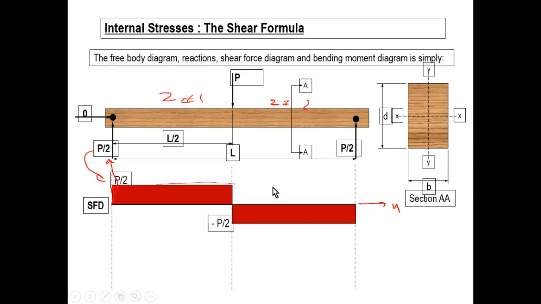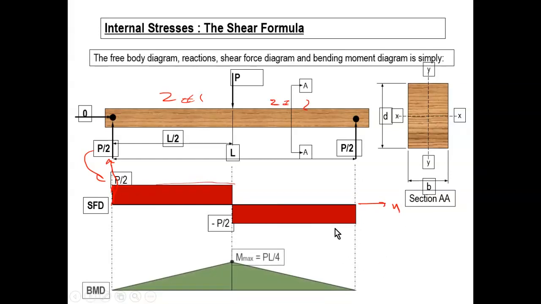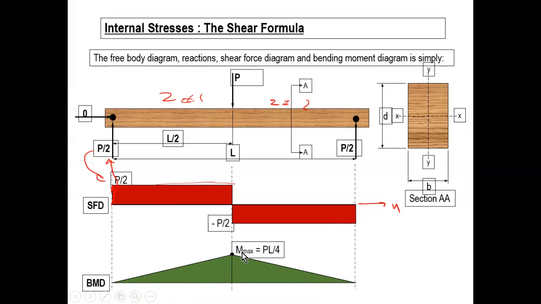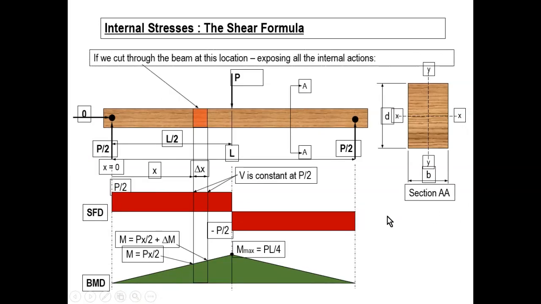All right, so with this very simple beam, we know that the shear is maximum everywhere, right? If you ignore the sign, P/2 and minus P/2, everywhere the shear is maximum, and the magnitude of the maximum shear is P/2. If I plot the bending moment, it is maximum where the shear force becomes zero, right in the middle. And in between, it increases linearly and decreases linearly. All right. So now let me